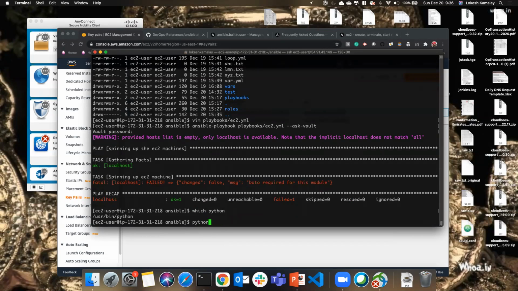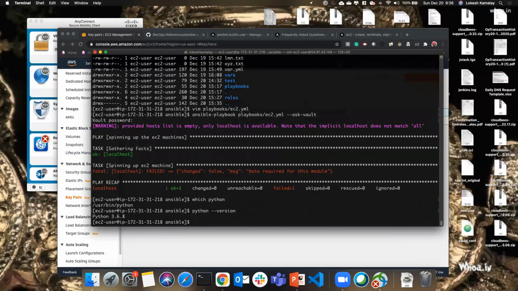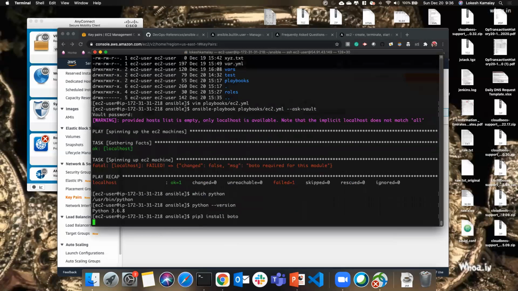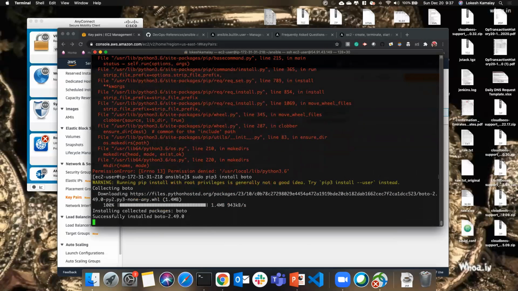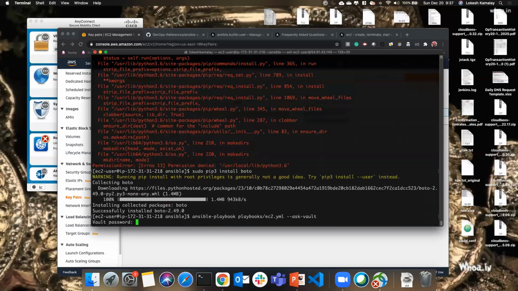python --version. Okay, pip3 install boto. What? Okay, sudo pip3 install boto. Yeah, we installed Boto as well. So Boto is a package required to work with the AWS APIs using Python. So now I have installed Boto. Let's run it again. Password,